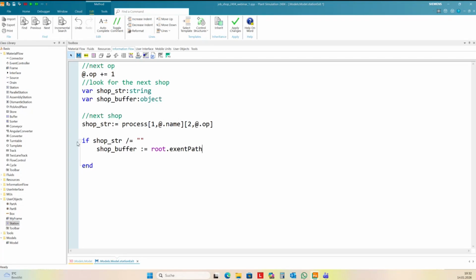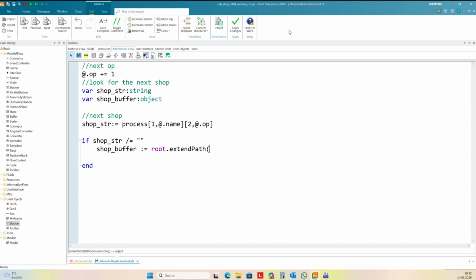With extend pass, I can hand over a string, and it creates with root.